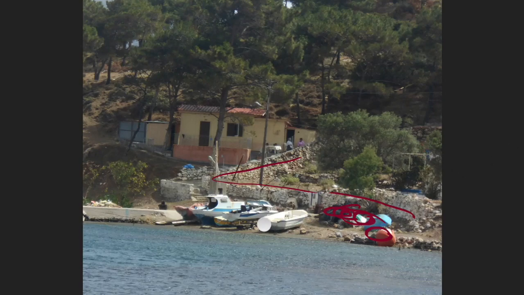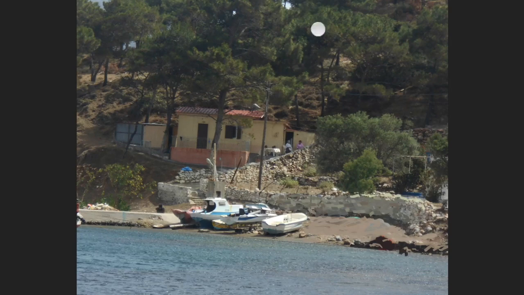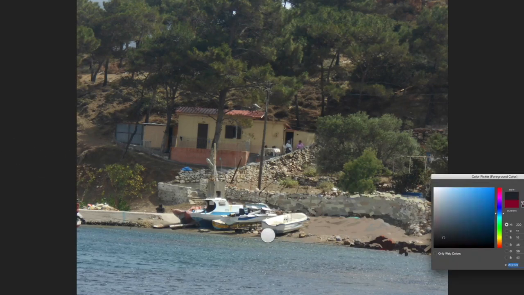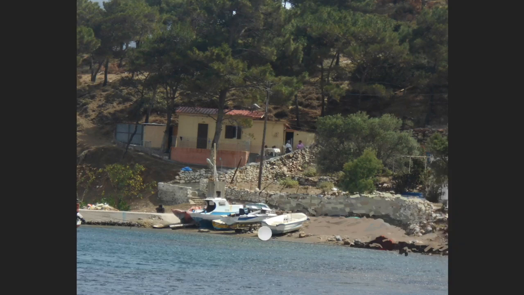I think that was it. Let me see what I forgot what I did here. Yeah, so I got rid of all the clutter. Boats pop out a bit more. I can increase the darks down here if I want a bit more contrast. I can make these shadows bigger if I want, a little more intense, and that creates more contrast. Gives me a little bit darker darks in the foreground,